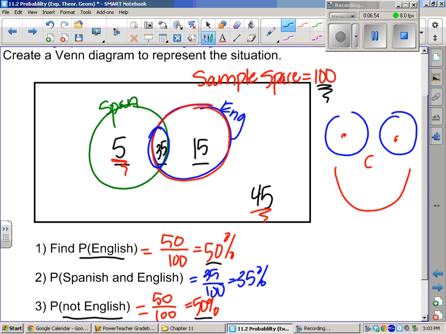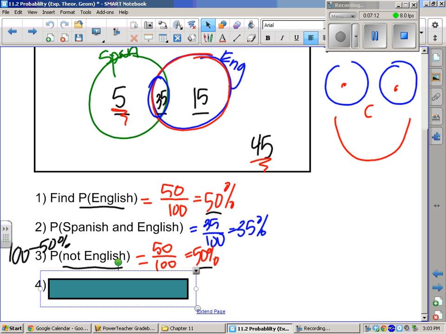They're mutually exclusive events. We're going to get that in the next video. That sounds like a fancy word. So anyway, what I was going to say, you could have just done 100% minus your 50% from your number 1. From those who are, the rest have to be those who are not. Tricky. Yep. All right, number 4.